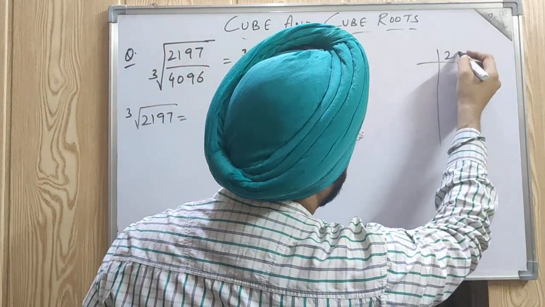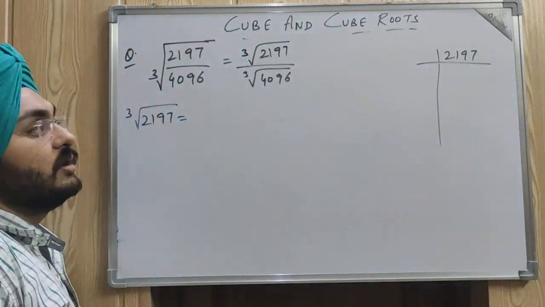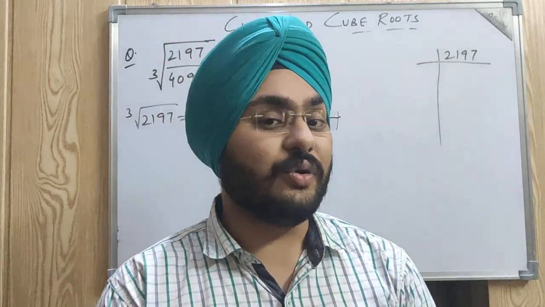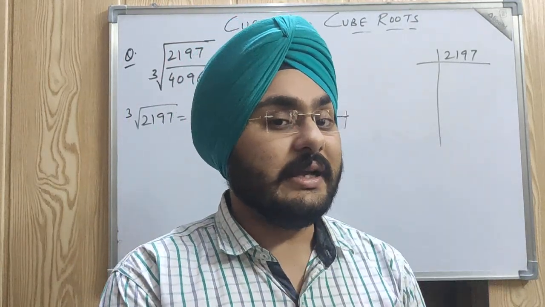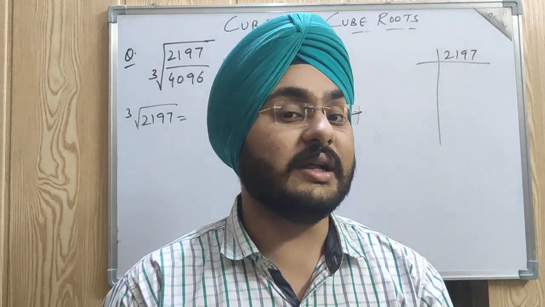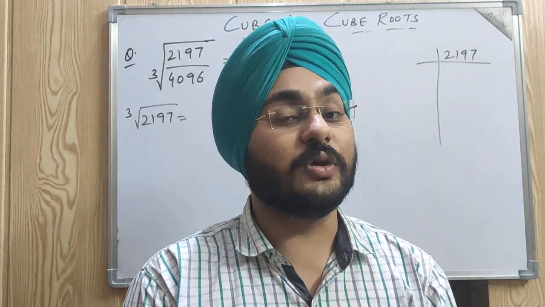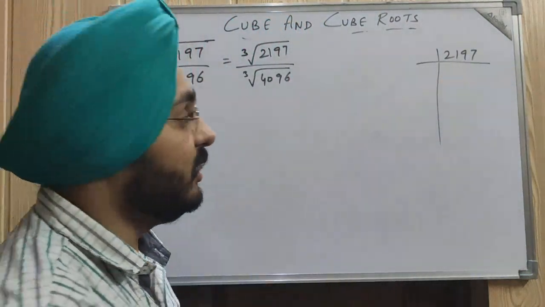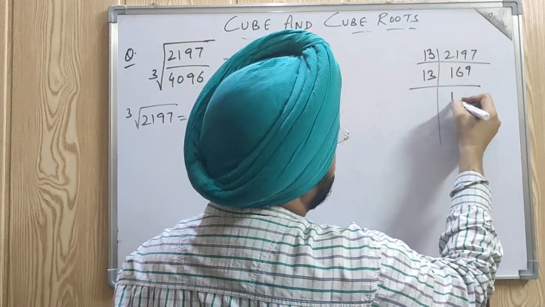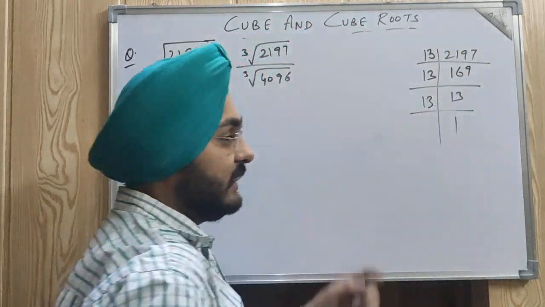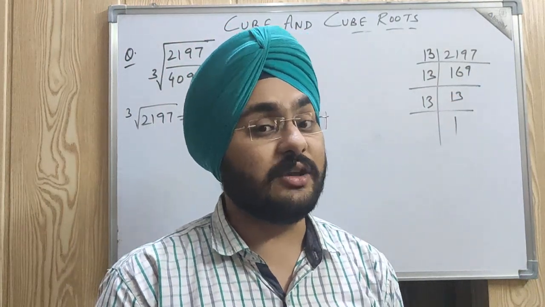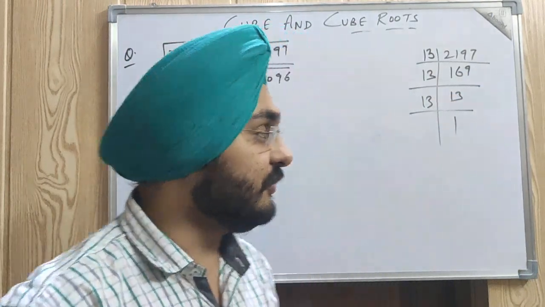So firstly, finding it for the numerator 2197. Start with this 2197. This is the cube of a number that I have told you earlier as well: the cubes of 10 to 20, 11, 13, 17 and 19. I have told you earlier. Just recall the cubes of those numbers. So this is the cube of 13. This you will have to remember, then the calculation will be easy. If you do not remember, again and again I am saying the same thing, it will be very difficult for the calculation.